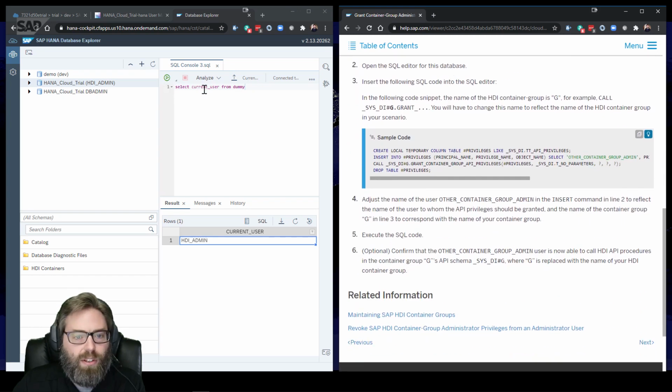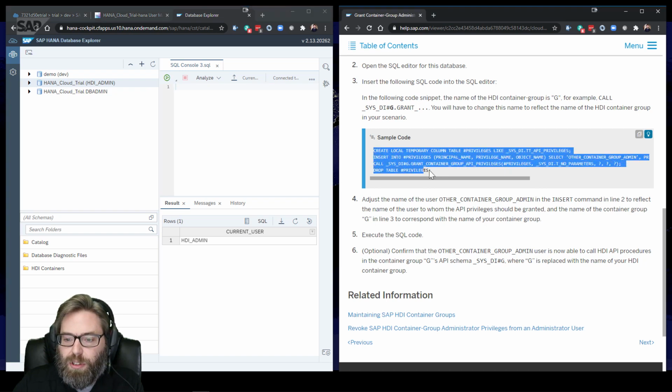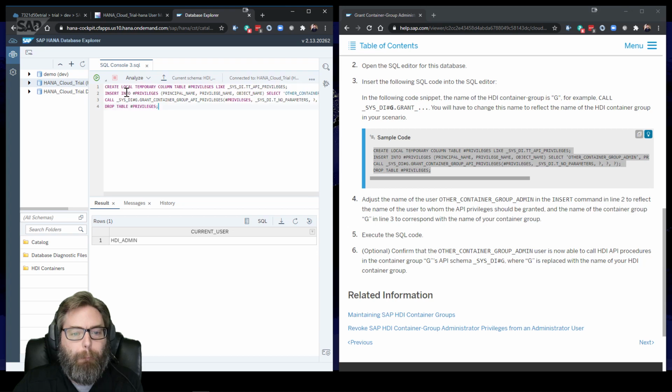Okay, so from this console, another set of API calls, which is essentially just a stored procedure that we are calling. So let's get a little more screen real estate again. And very similar process, creating a local table, local temporary table. Then we're going to insert into the privileges. And what we want to put in here is,